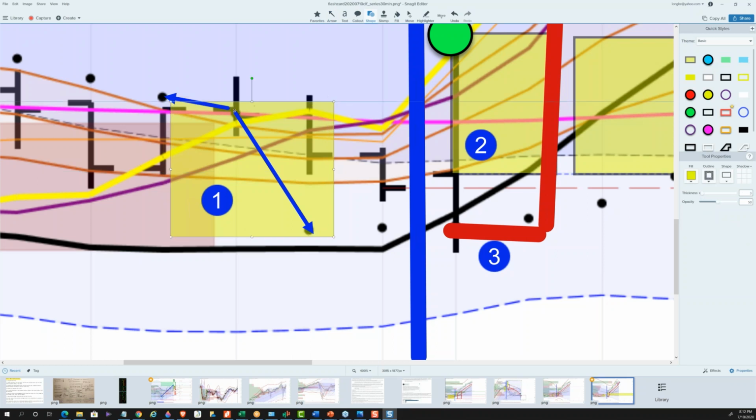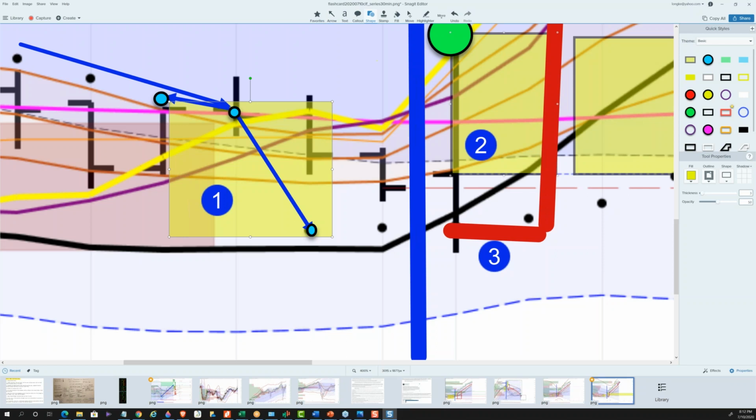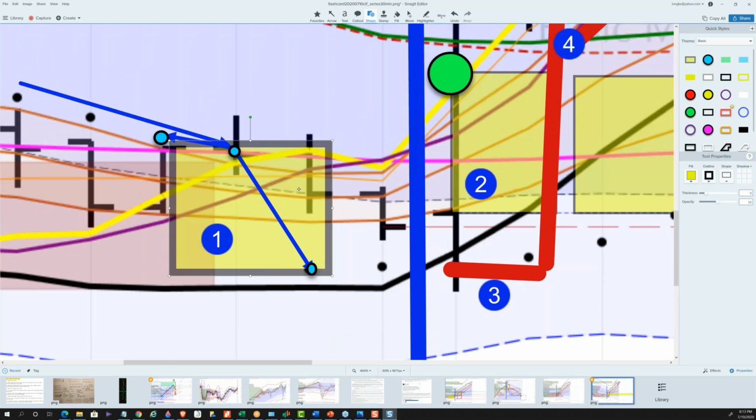If I had, you could see my PSAR dot here, just to make that a little easier to see. So you can see the PSAR has been declining all the way to here, and then right at the close of the day, in the last couple minutes, it flipped. So that let me draw this PSAR flip box, from the dot -1 to the flip. So I made that the PSAR box. Then what I did was I took that box